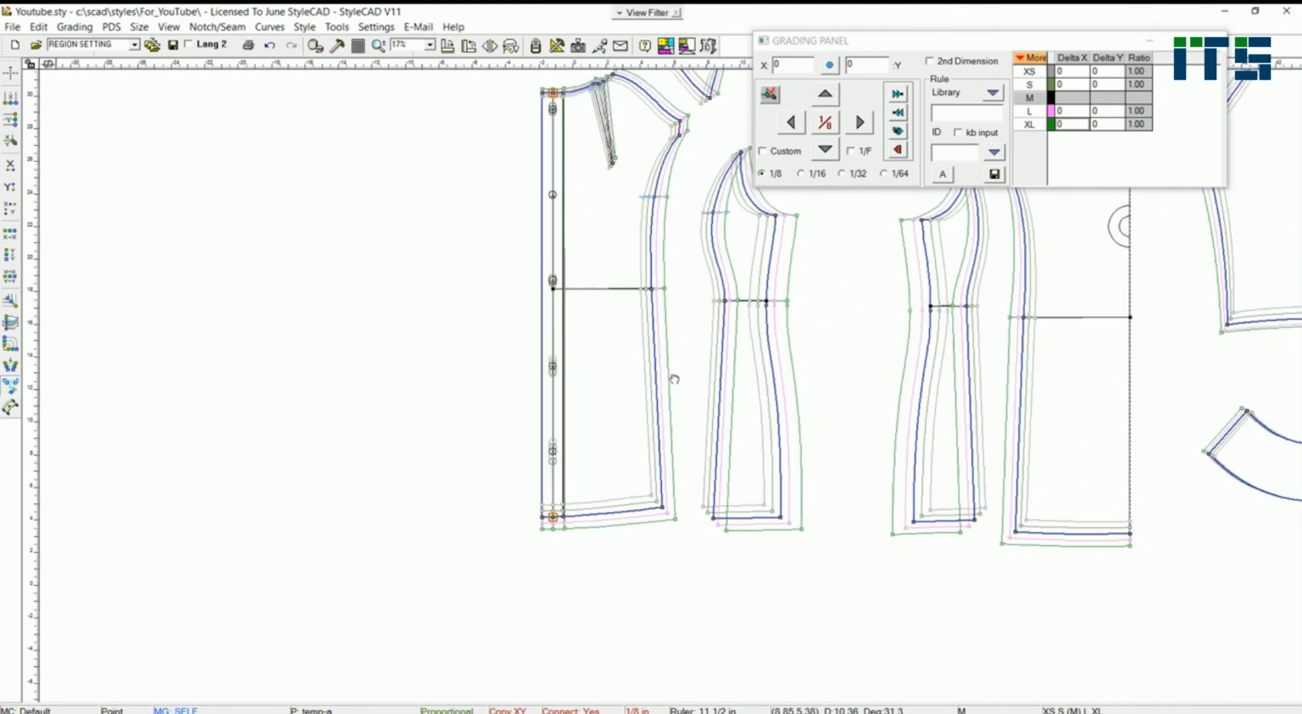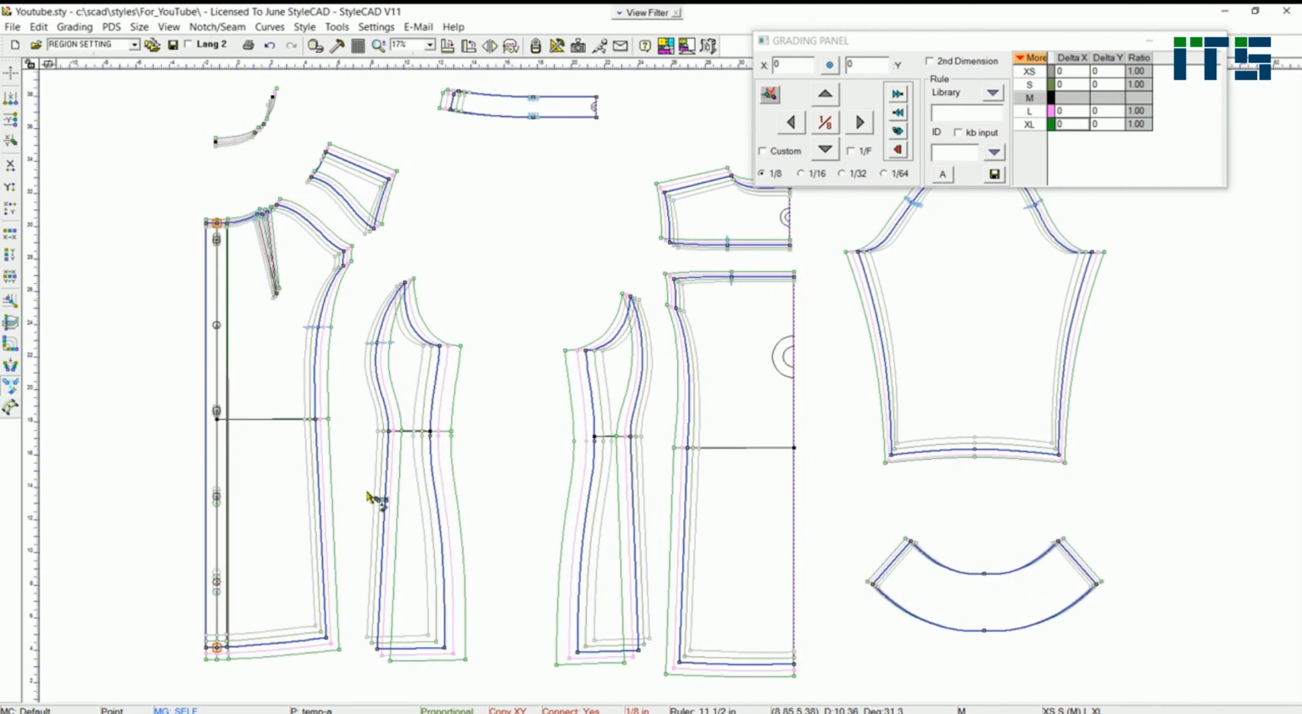This concludes our video on grading a long blouse using various grading tools. As shown in this video, there are various methods you can use to grade garments depending on your